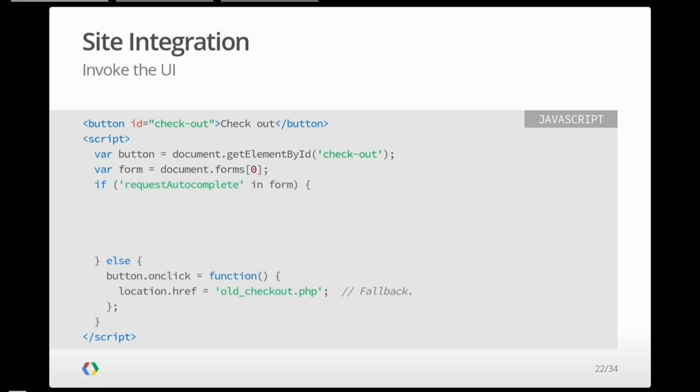So here we're using simple feature detection to determine whether the user's browser has requestAutocomplete. This will allow you to write code now that should work in the future when all browsers have this. If the browser does not have requestAutocomplete, we fall back simply to the traditional web form flow. And if it does, we can simply, on click, invoke our API, and then on successful submission, you'll get a brand